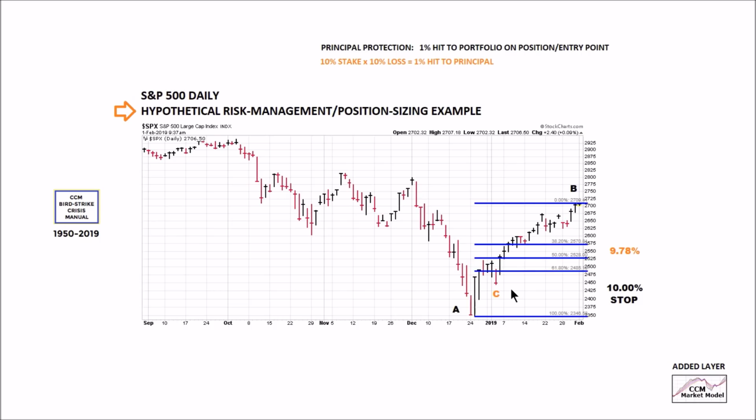The area where we set our stop determines the maximum position size for this entry. As a generic rule of thumb, you don't want any entry or position to chew up more than 1% of your capital or 1% of your portfolio balance. Therefore, we know if my stop could result in a 10% loss, a 10% loss with a 10% position is a 1% hit to our principal. And if we took 10 different 10% stakes and they all lost 10%, in theory, that would be a 10%